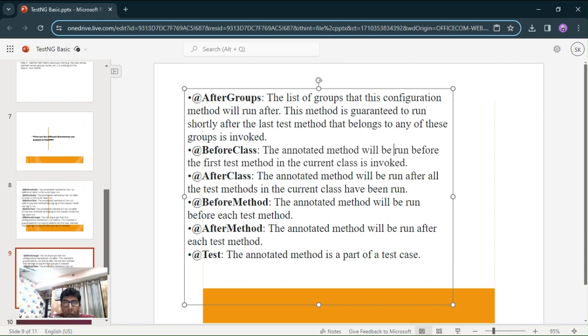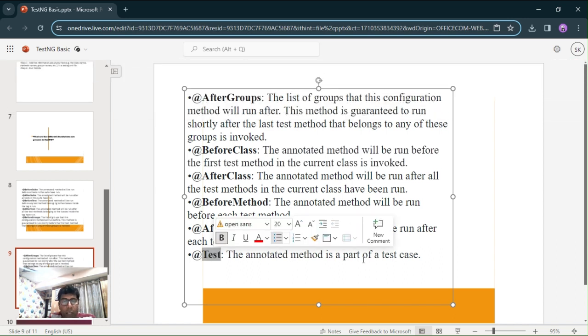And if you log into the system, the actions that need to be performed need to be performed under the test annotation. This is most important. In the test annotations, you can implement the main test cases. Suppose you log in with credentials, you want to verify whether some button is working fine or not. You want to verify some